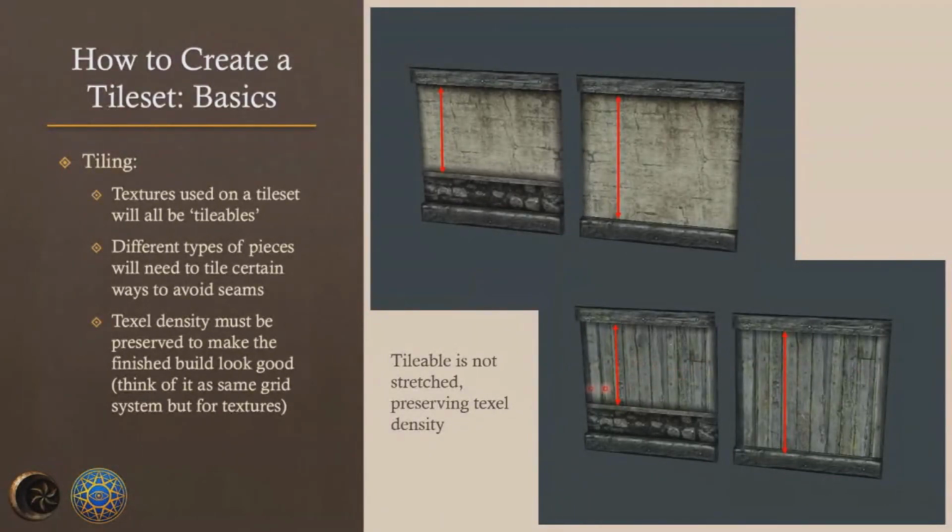Same thing with the wood. It's a little harder to tell just because the wood runs only vertically. But these slats right here are not squished in comparison to these. That's basically it for texel density